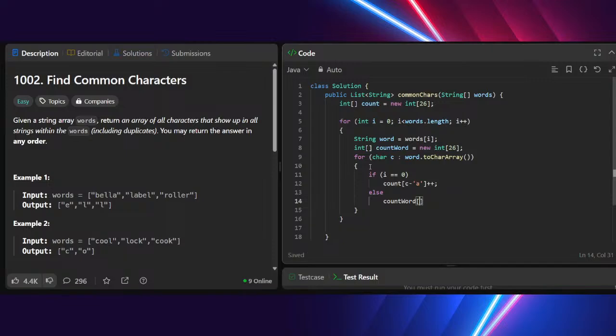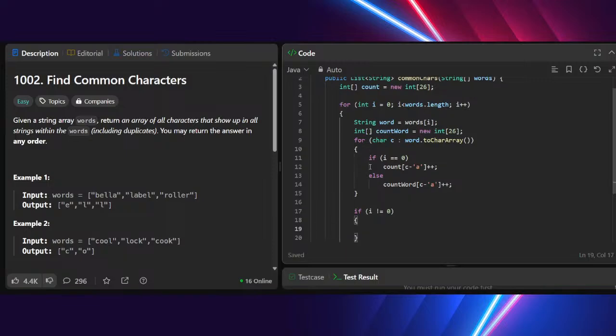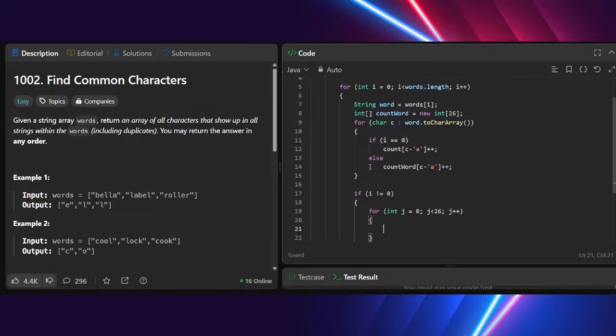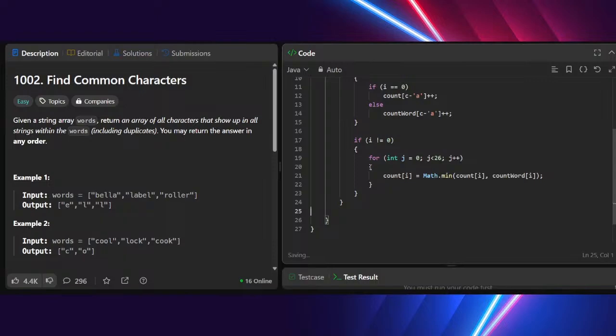And for after every word, if i is not equal to 0, I'm gonna go through